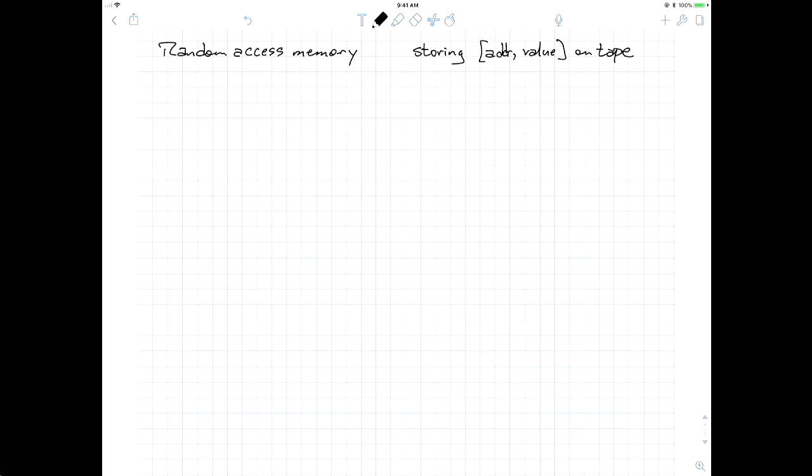Now I want to look up what the value in a particular address is. I write down onto the tape what my current state is, and the marker that says I want to come back here. Then I scan forward until I see an address that matches the one I'm looking for, and then I copy the value down. Now, this seems a little bit weird, because how do I even remember what address I'm looking for? And so building up to this,